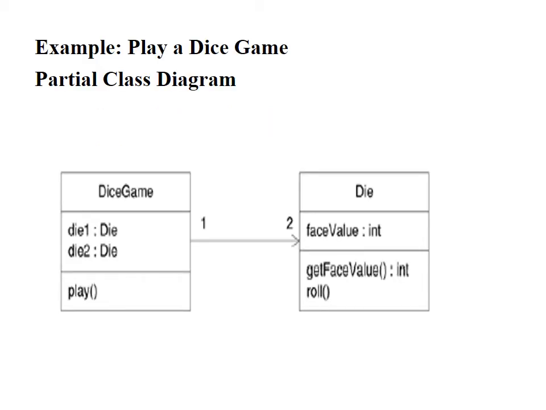So the next is obviously the class diagram. Here this is the partial class diagram. With this partial class diagram, you can understand the conceptual class and the original class clearly. In the class diagram, we will have the class name with attributes and operations. Whereas in conceptual classes, we will not have the exact set of attributes and operations. It is rough. It roughly shows the real world situation.